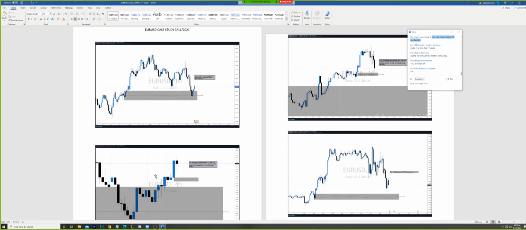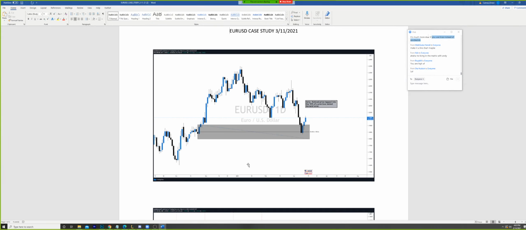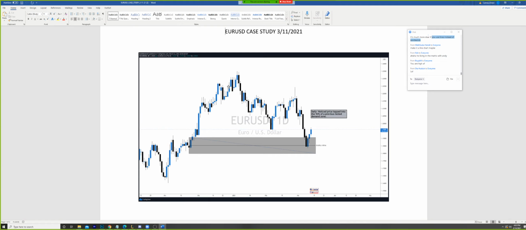But ultimately, let's just work through this step by step, and then we could look at it on a real chart. This is going to help a lot of you that are still working through how to use these three sections, the third section of which is not complete yet, and how to put them together in the form of finding your POIs, finding your supply and demand zones, waiting for their mitigations, whether you're finding them or not, and then waiting for confirmations and how to get involved in those confirmations.